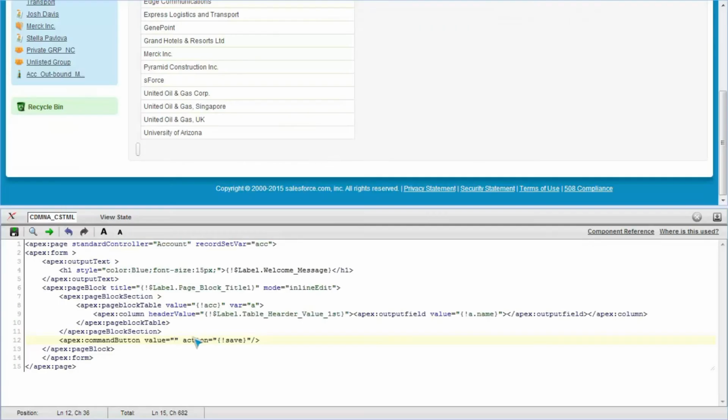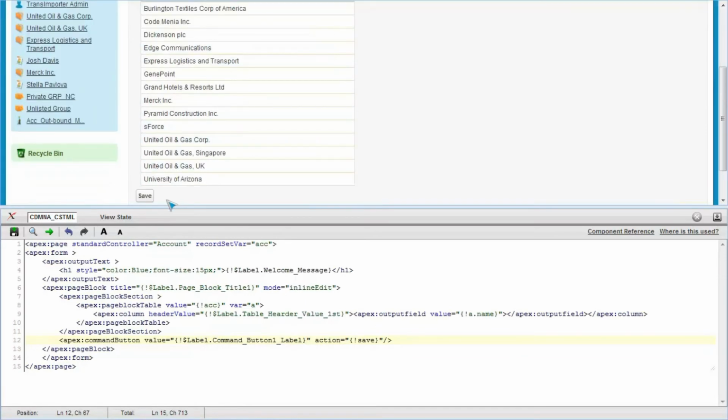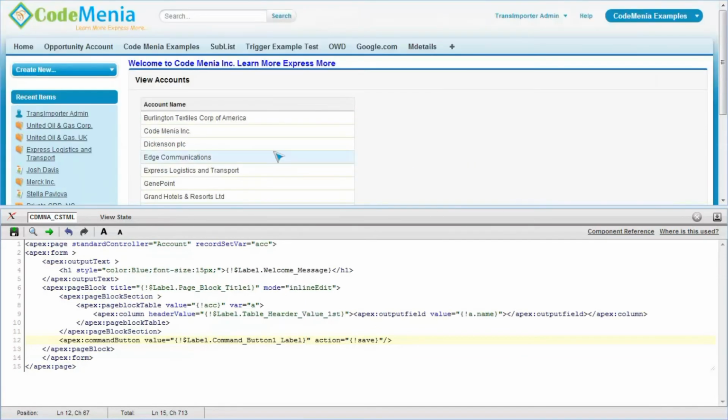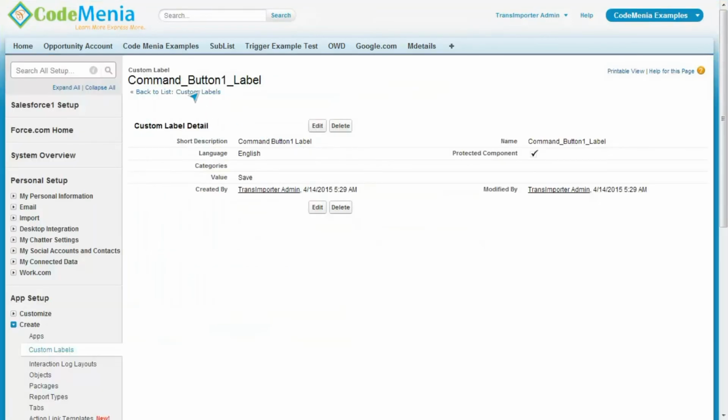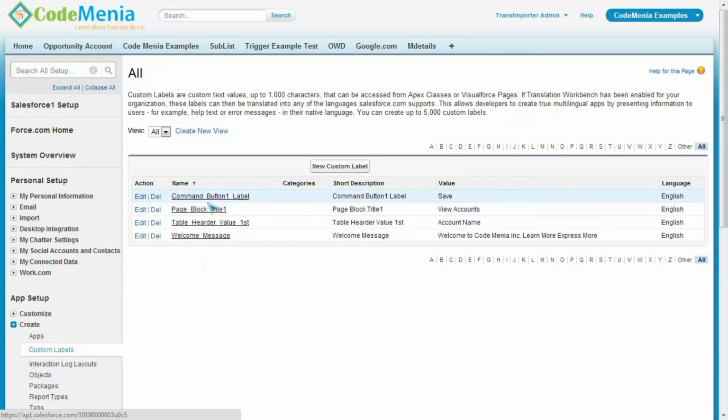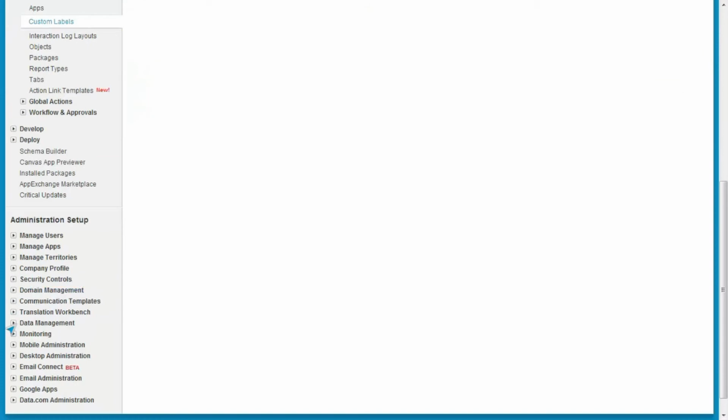Now you will always have to remember that here you will have to use the API name of this custom label. So if you try to save it, you can see that the button label is available here. Now I have these 4 custom labels